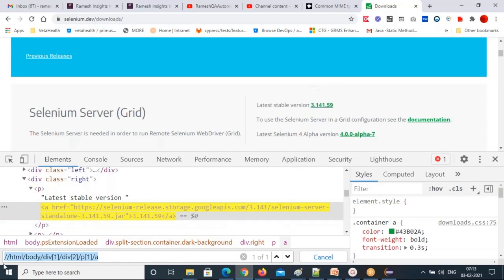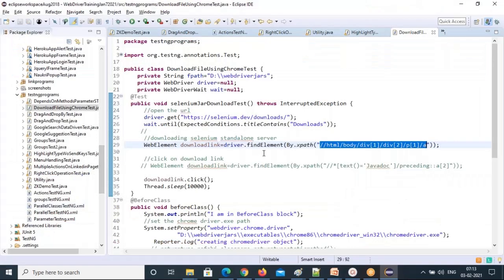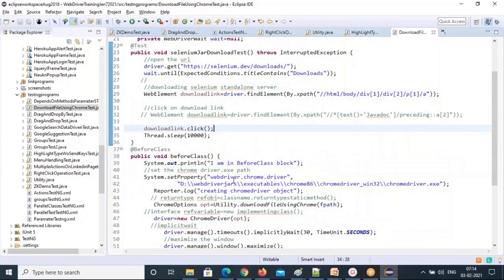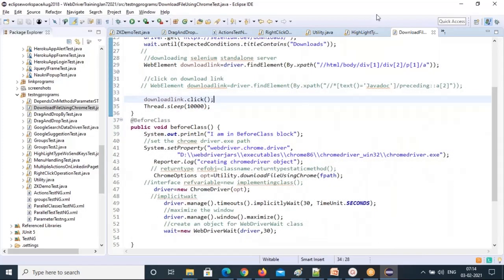See that, the 3.141.59 link it is identifying, right? So that's what I am doing here, and then just clicking, that's it. We're not doing anything else, just download.click. So this download link click, right? But the main thing is going to happen elsewhere, not in this test case.